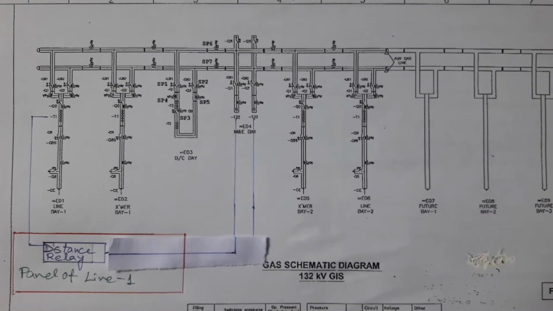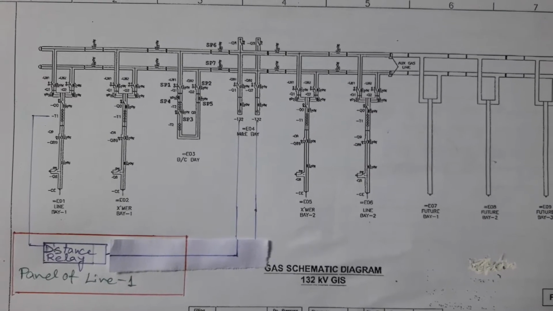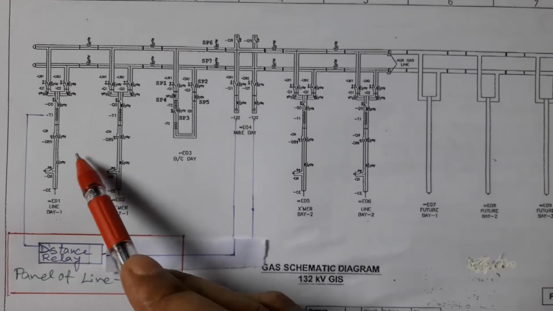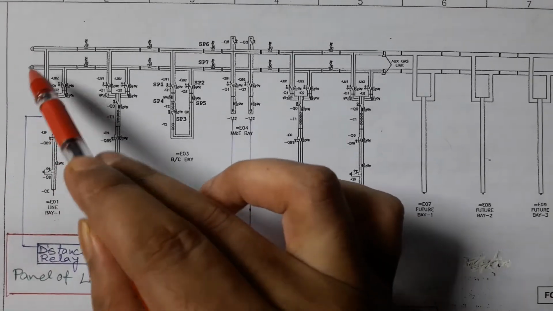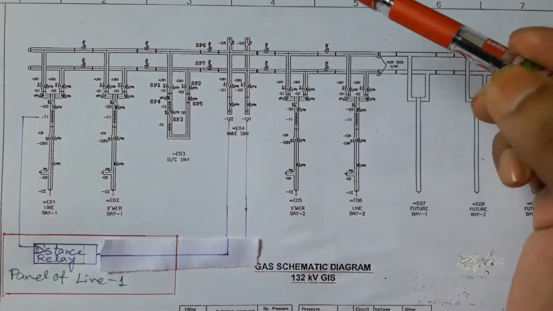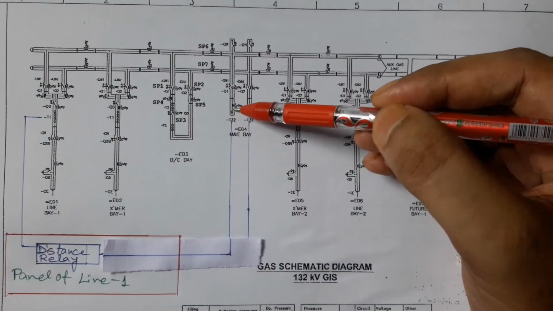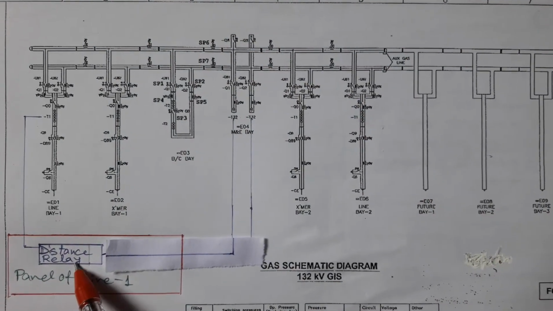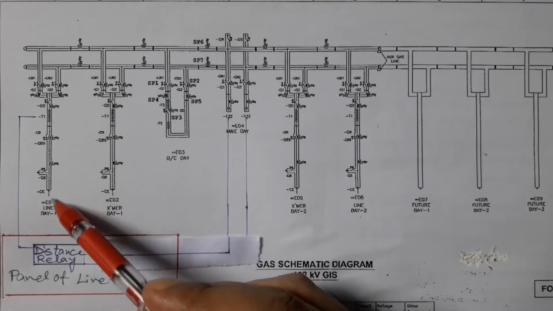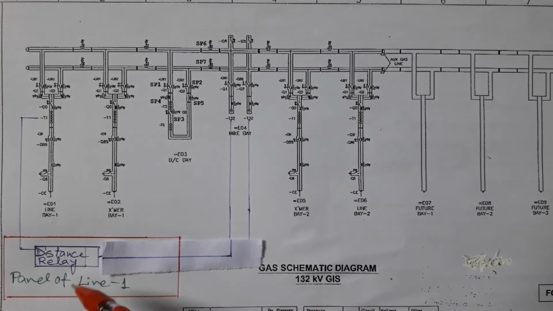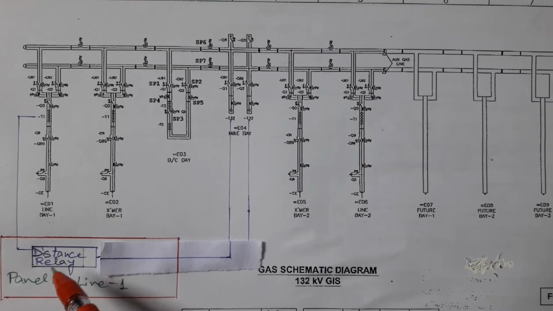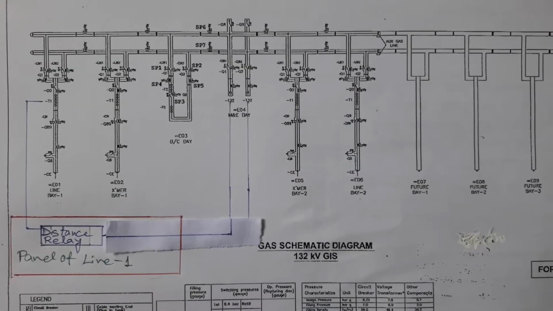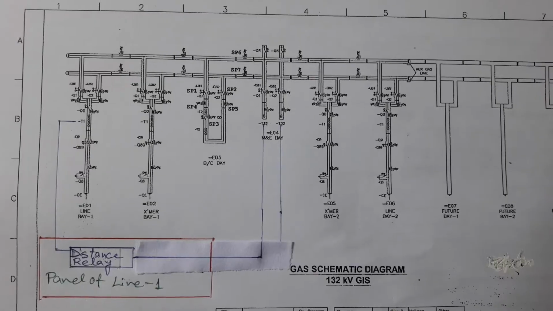To realize why PT switching relay is required, we will concentrate on bay 1. Suppose this bay 1 is connected with main bus 1 and PT1 is also connected with main bus 1. Now one distance relay is responsible for protection of bay 1. Now a distance relay requires one CT and one PT input for proper fault recording.